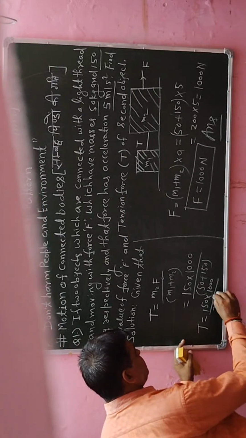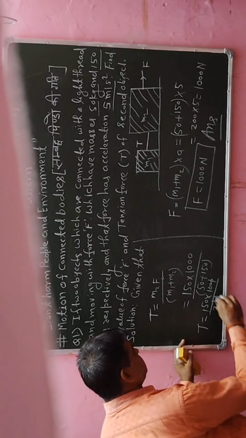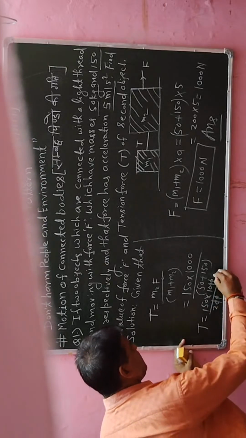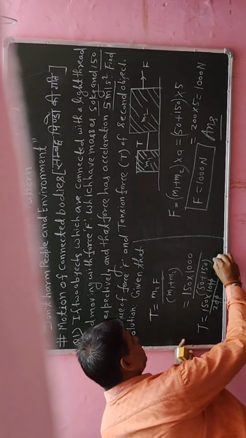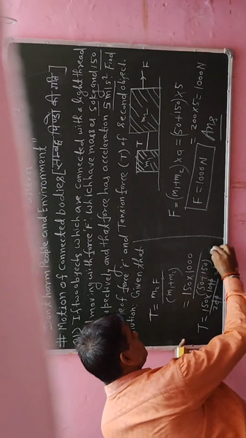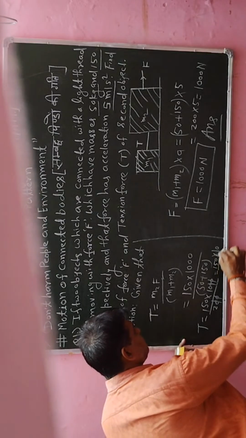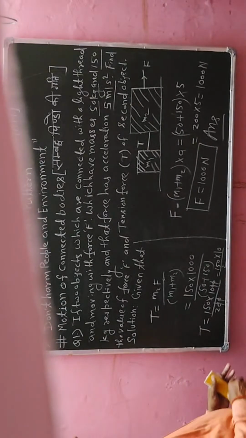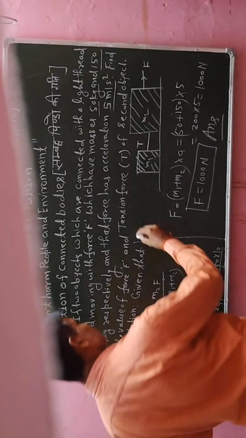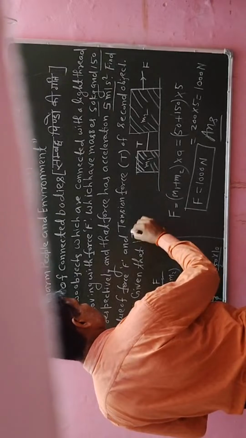So I will say 10 and 10 are cancelled out, and the second 0 will also cancel out. After simplifying, I will say here 150 into 10 divided by 2. Okay, after simplify, I have to write here T is equal to